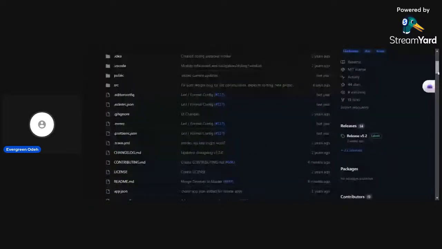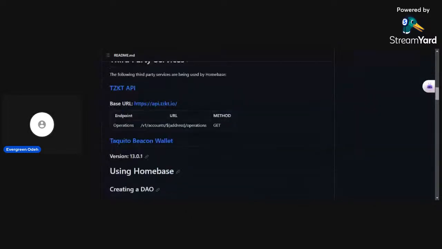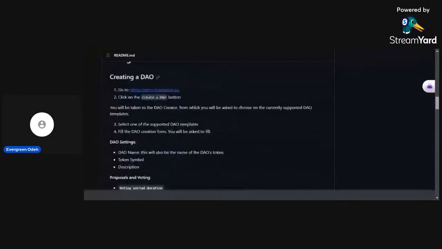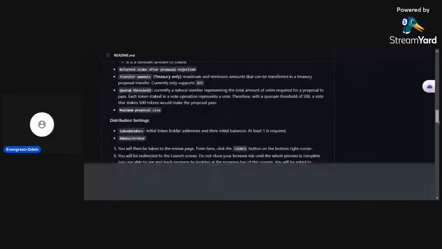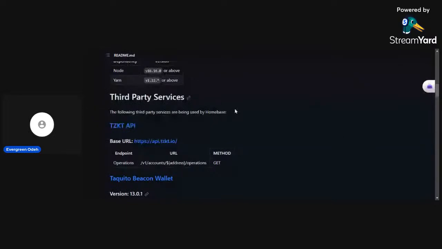And this is where you can also see the guidelines for contributing, most especially the readme.md, the readme file.